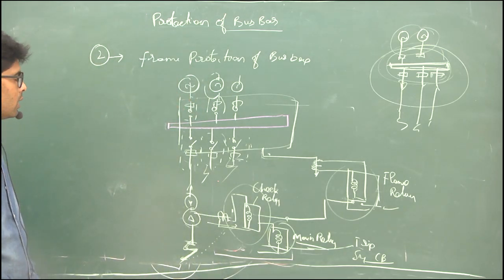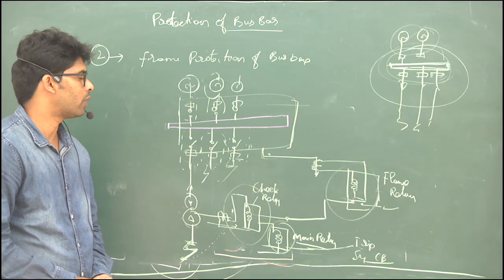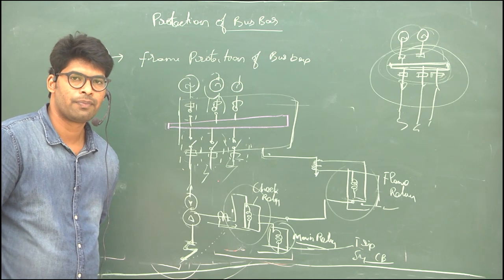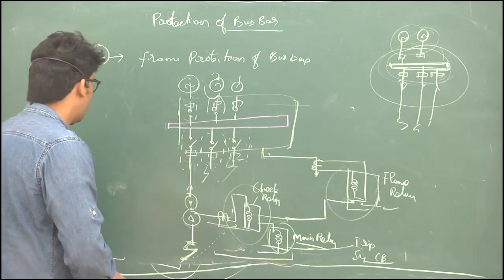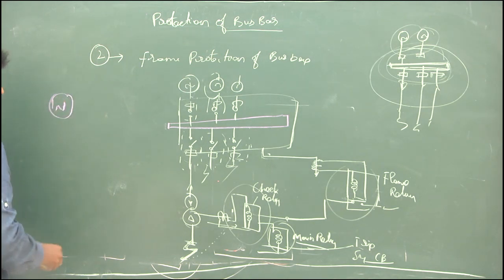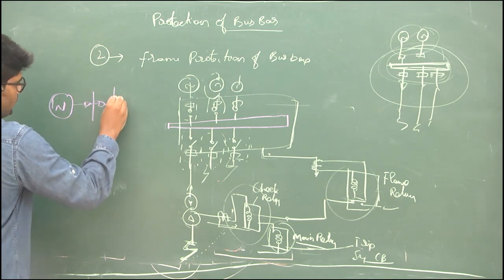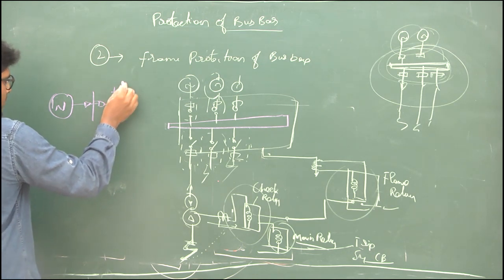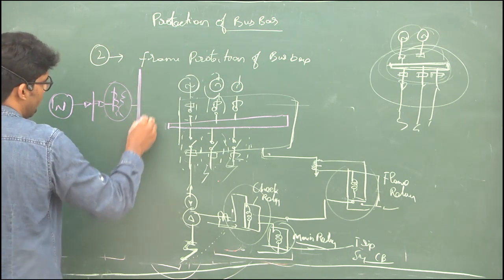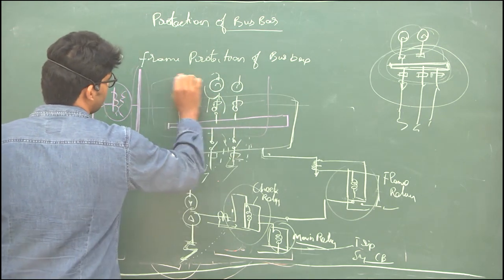So this is about bus bar protection. We have seen protection of alternators, transformers, and bus bars. In the next classes, we will see the protection of transmission lines. The protection scheme I am following is: I finished the protection of the alternator, then the circuit breaker and the transformer, then the protection of the transformer, then the bus bars. We have seen the protection of bus bars now, and we will move to protection of transmission lines.